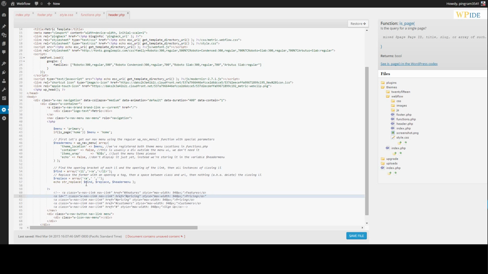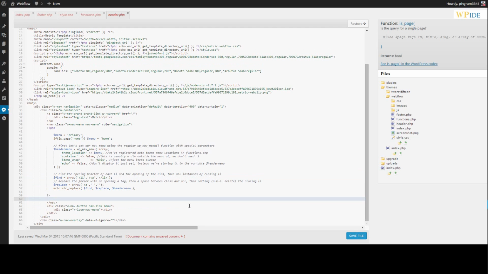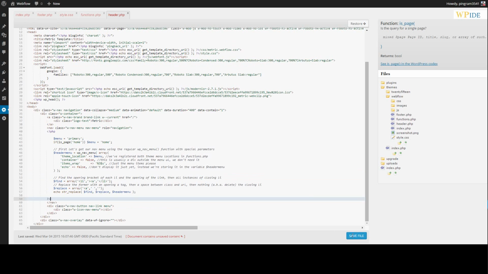It's a little tricky, but we have this find array, which is 3 items, 1, 2, and 3, and then the replace is also an array with 3 items. So this is going to replace this, this here is going to replace this second item, and then this third. Notice there's a space in there, but on this one we're omitting the space, which is just going to delete everything from that last content there. And now that we've done that, we can go ahead and delete that, save our file,